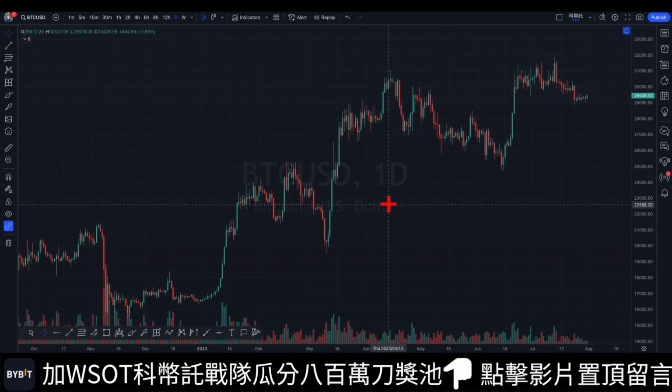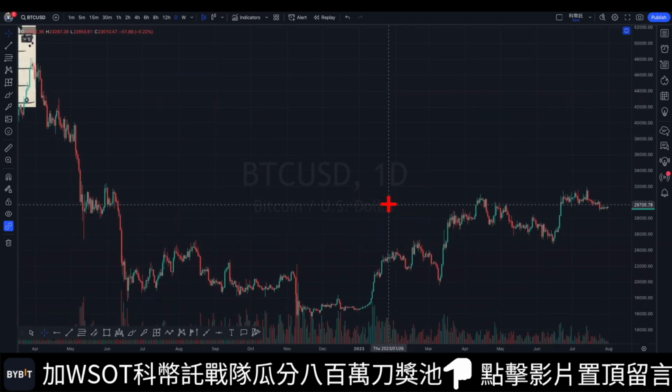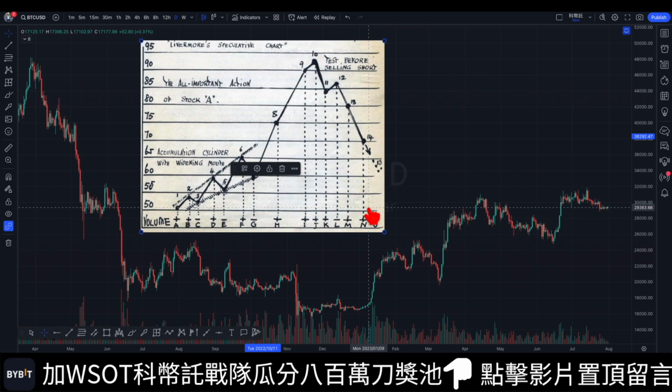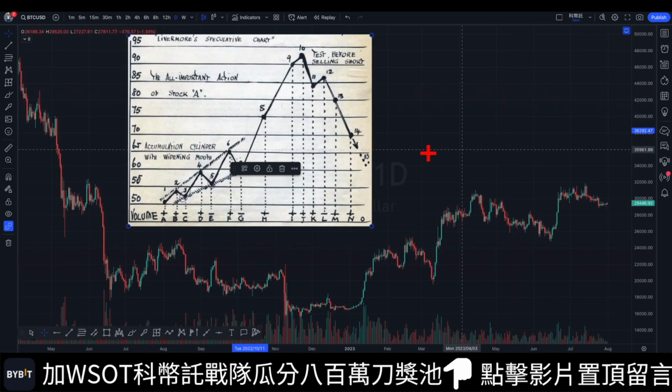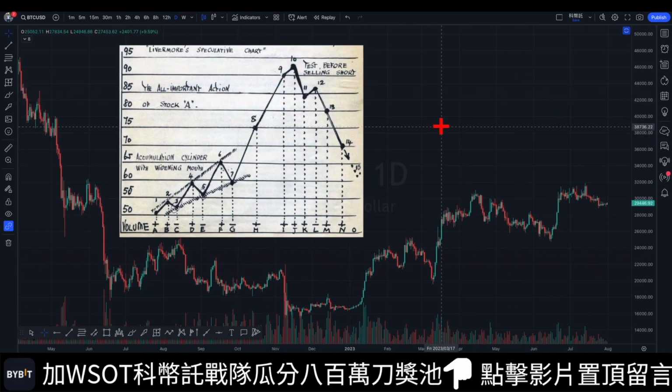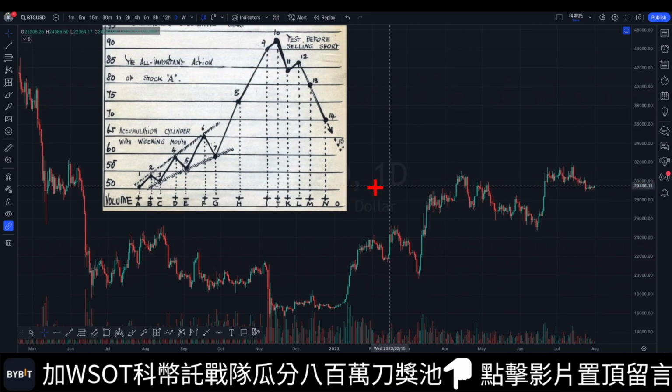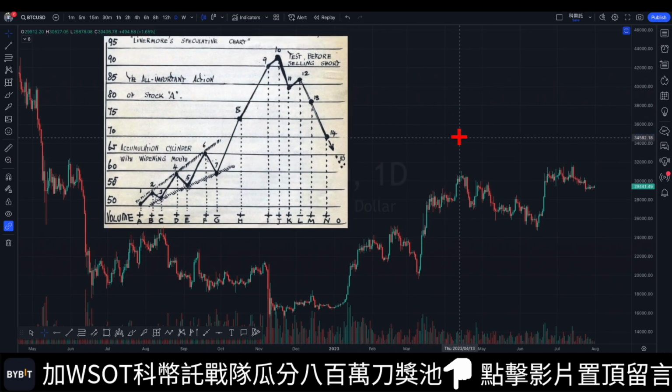The chart is a work of Jesse Livermore. You must have read one of his books. Although his Reminiscences of a Stock Operator mainly focuses on trading psychology rather than technical analysis, it's still worth exploring, even if you are familiar with other theoretical works. Let's take a look. Examining the current situation, it appears to resemble the chart drawn by Livermore in several aspects.